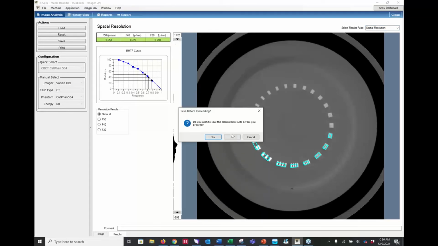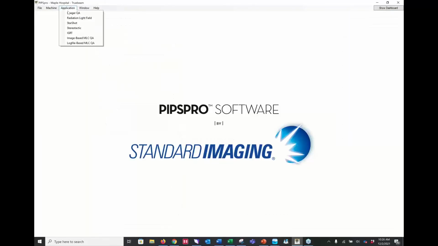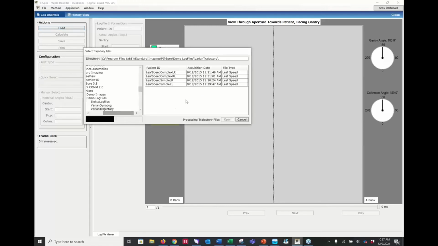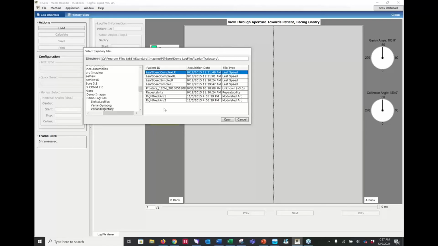One other one I want to maybe show you just before we finish up here. For example, I can show you our log file based MLC QA. So again, I can load in my specific trajectory files. Here we have a couple of preset examples, complex or simple, or repeatability, but then you can also, like I said, bring in specific treatment plans as well. I have a prostate plan and a neck plan, as you can see here, but I'll bring in my complex and I'll open that up,